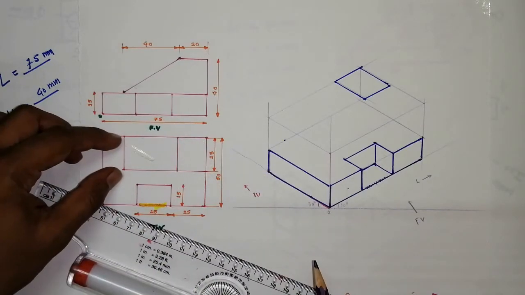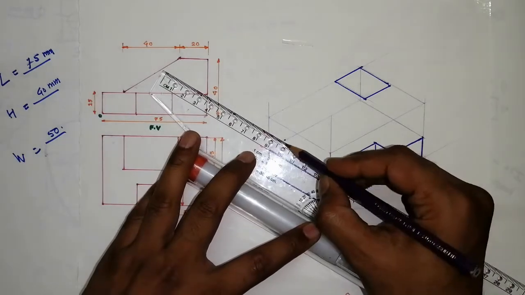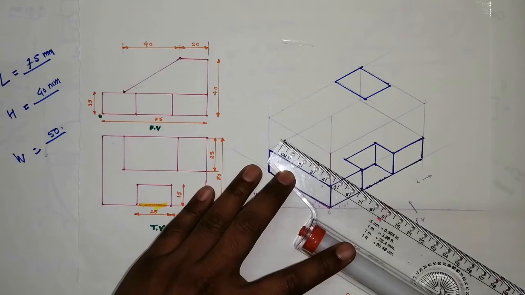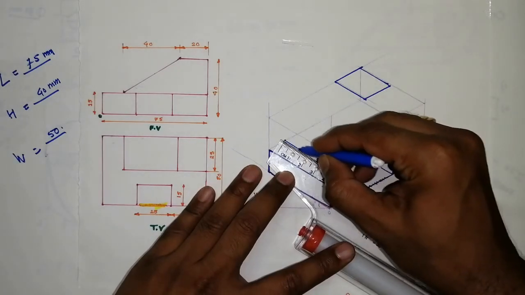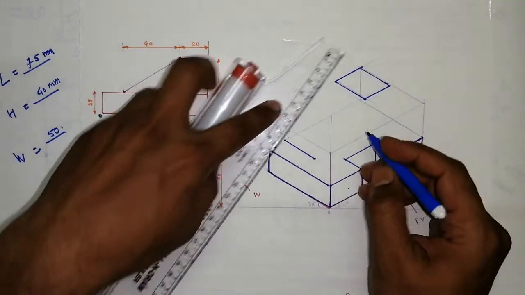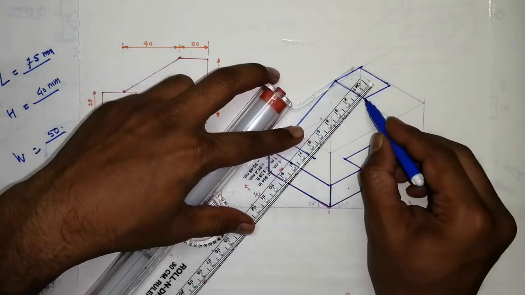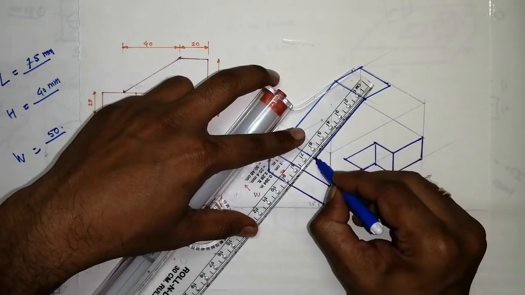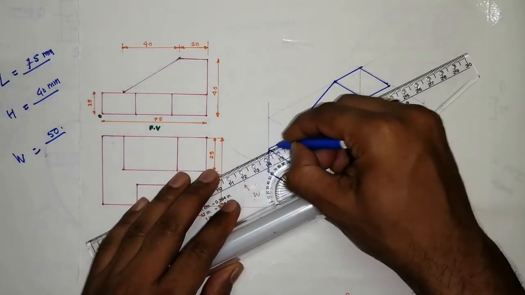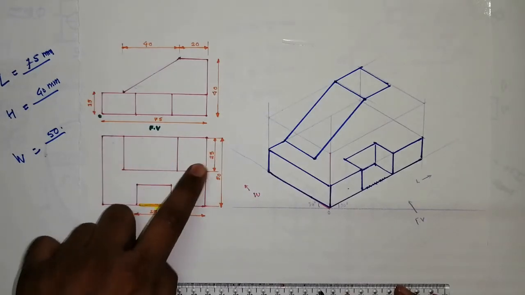And then how much width is it having? The same width, 25. So this is 25 here. And then it is inclined, so you join this one like this and like this. So in top view it appears as two rectangles. One rectangle here, another rectangle is here, two rectangles we have drawn.